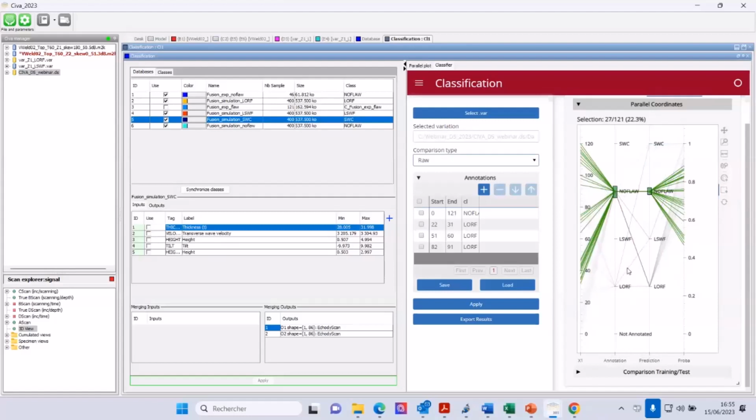And we can check that the trained AI algorithms work with my experimental data that was not used for the training. So you have here the parallel coordinates to check the consistency between the annotation and the prediction, the samples, and on the right also the probability.